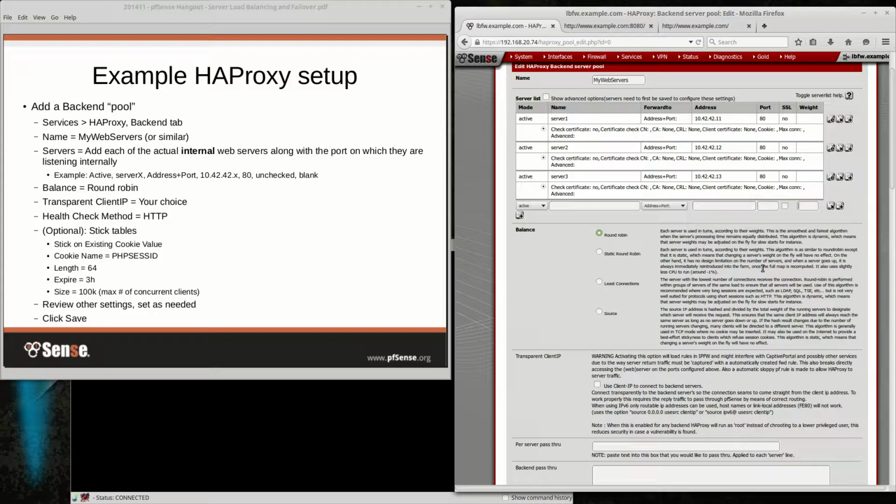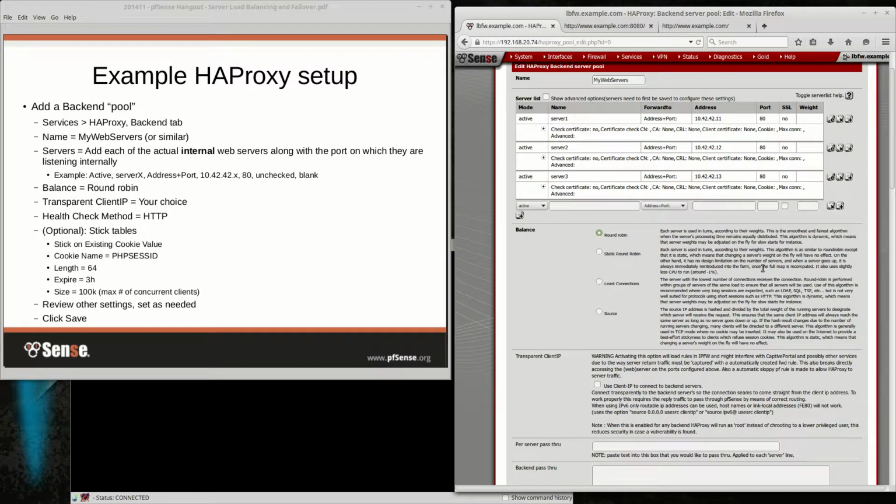Now, least connections is a good one too. Say you've got 3 web servers, and it just happens that your client load, for whatever reason, long sessions or whatever, gets imbalanced, where one server ends up with a lot more, and you don't want it that way. Least connections will direct new connections to whichever server has the lowest connection count, so that it's always trying to even it out a little bit better, which is probably what a lot of people would really prefer in a lot of cases, except it's really up to you.